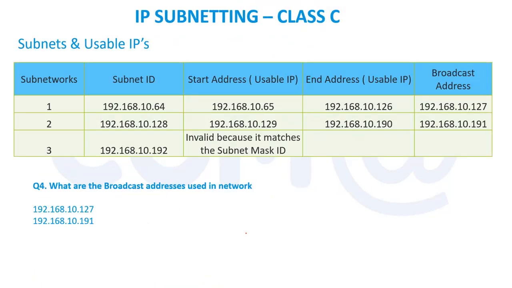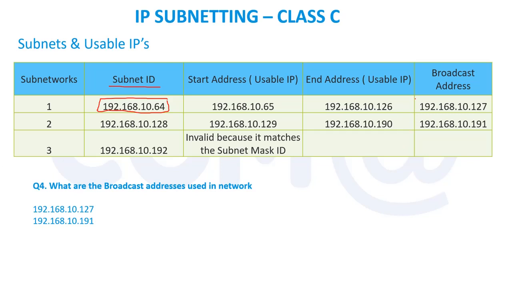Now forming a subnet table. From this only we can find out what is the IP address, what is the broadcast address, all those things. So when I'm dividing a network, each network will have a subnet ID. Remember this. The first IP address of the subnet is called the subnet ID. This is going to represent the entire network for segregating the data. Generally we call it the network ID, so now that the network is divided, that becomes a subnet ID.